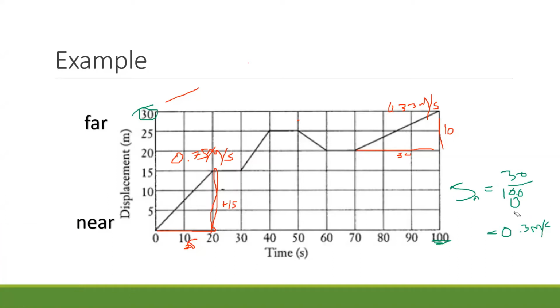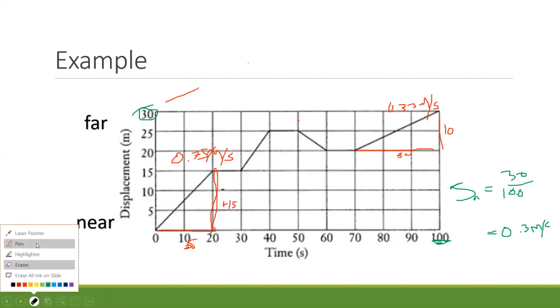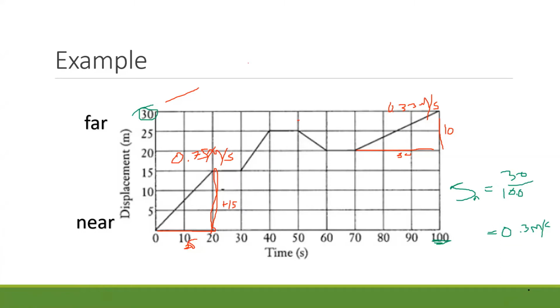Again, still really missing that electronic whiteboard here, but I need to go through this on the slides. So you can see 0.3 meters per second. At no point in this whole graph are you actually traveling at an instantaneous speed of 0.3, but if you average all these speeds, you get it. Again, this is pretty close. 0.33 is close to 0.3 meters per second, but it's not 0.3. So again, something worth looking at.